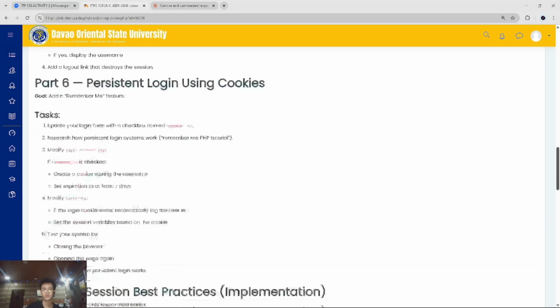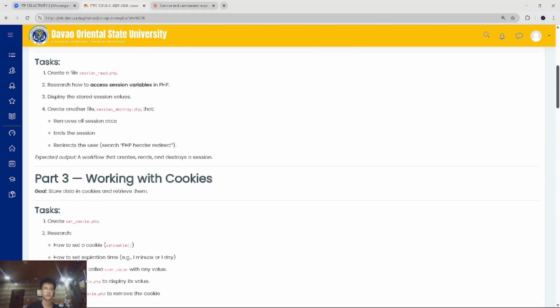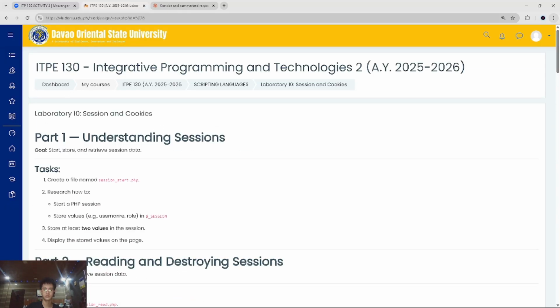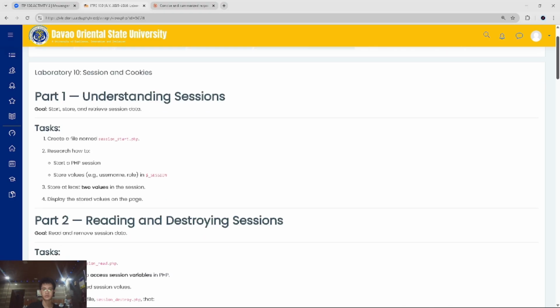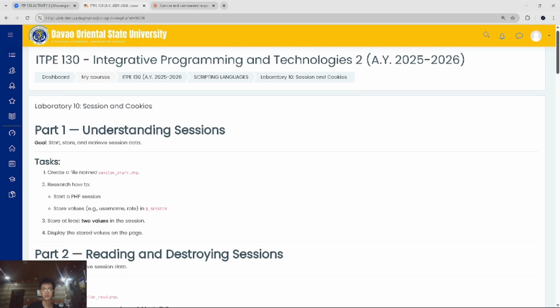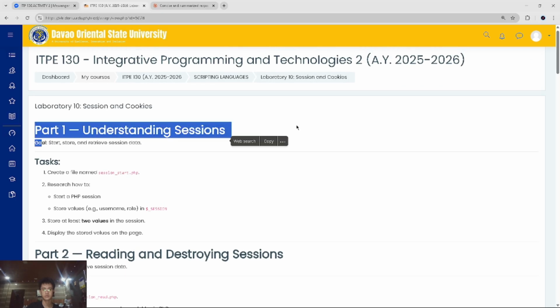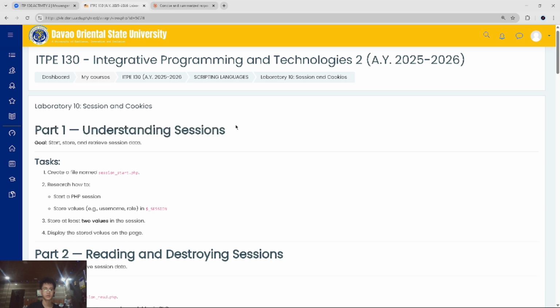So for today's last activity of the Integrative Programming and Technologies 2, we're now executing Laboratory 10, session and cookie. Before we start, since the activity is step by step,